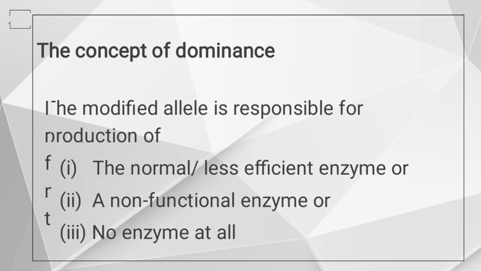We call it a modified allele, and it is responsible for production of a normal or less efficient enzyme, or a non-functional enzyme, or no enzyme at all. In the first case, that means the normal or less efficient enzyme,